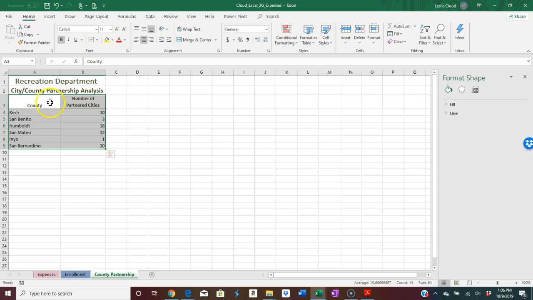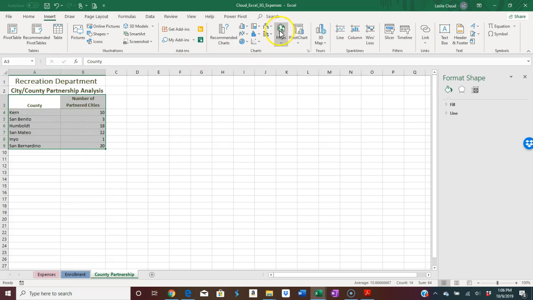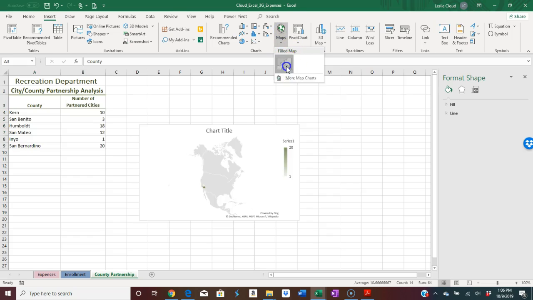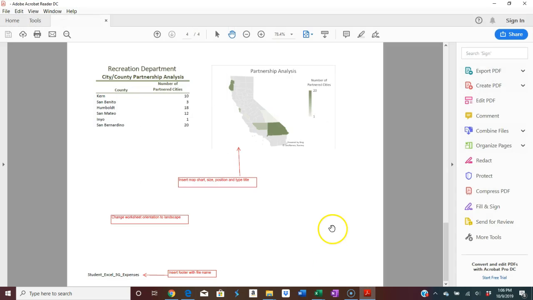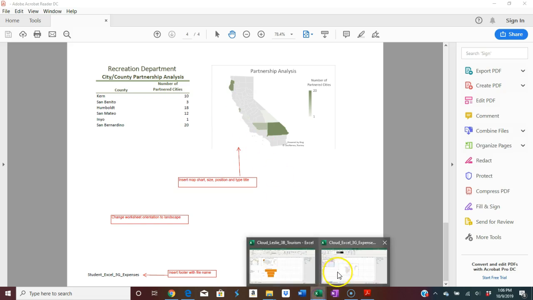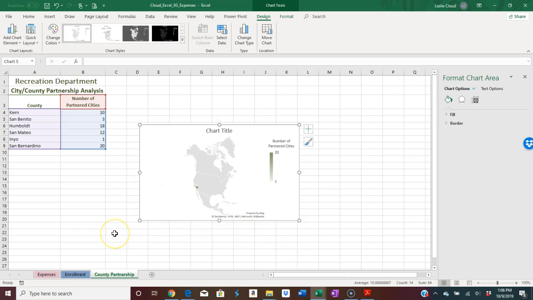I'm selecting from A3 through B9. I'll go up here to insert, and then over here on maps, and click on the map. So I have my map chart inserted, but if you were looking at the solution file, it is showing just California. So if we go back over here, the only thing that I have figured out is that for some reason